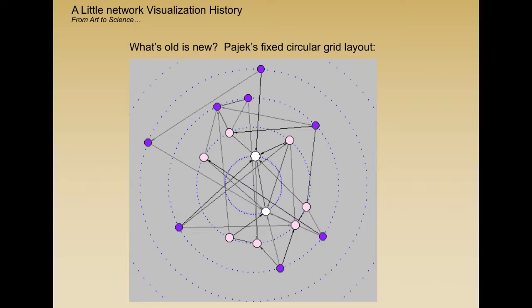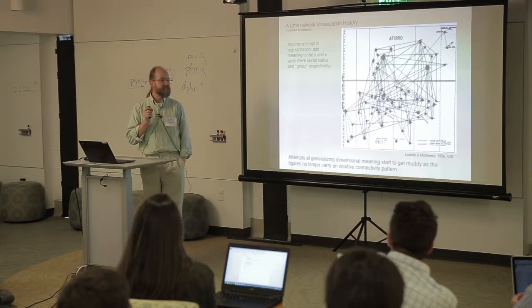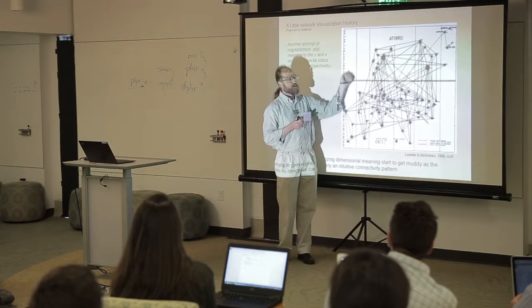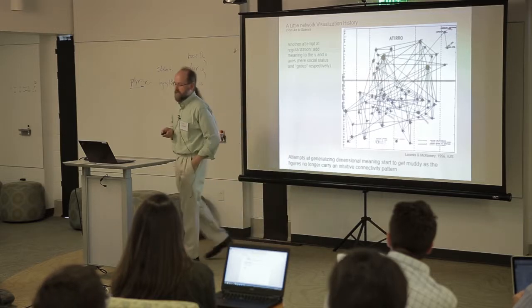The idea that there might be some sort of a metric arrangement to ties, of course, brings people to the classic idea of using something like a scatter plot. And so in this case, the y-axis is a socioeconomic scale, and the x-axis was used to try to arrange friendship groups that had more ties with each other. This quickly fails. It just becomes miserable. And part of the reason is that there's never a complete one-to-one correspondence between some metric like an SES scale and patterns of relations, even in cases where there's high distinctions.